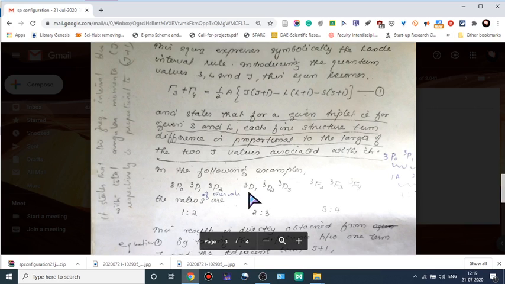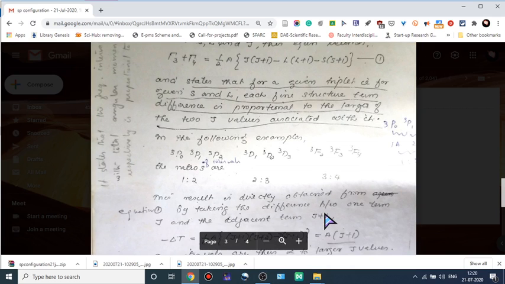The same procedure is repeated for this case also. Here 3d1, 3d2 and 3d3. Here S equal to 1, L equal to 2, J values 1, 2 and 3. Substitute the L, S and J values of these spectral terms separately into this equation number 1 and take a difference. Obviously this difference lies in the ratio 2:3. Similarly, for the F electron we will get 3:4.